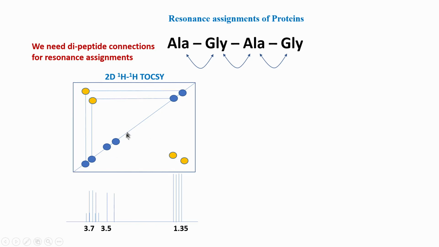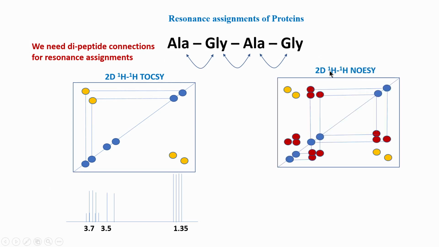So, what do we do to get the interpeptide connection which I mentioned? For that we need NOESY. A 2D NOESY will now help us to do this assignment. So, let us see how it helps. First we need, of course, TOCSY to find out which peaks are the self peaks. Self means the same spin system. So, these peaks correspond to this here, and this corresponds to that here. So, the color looks the same. Remember, NOESY is not a colored spectrum like this. In practice it will come all in the same color, but I have just shown different colors to help you identify the peaks.